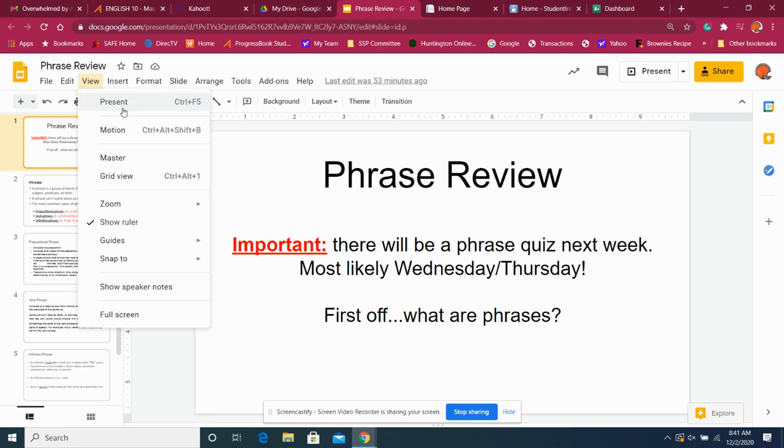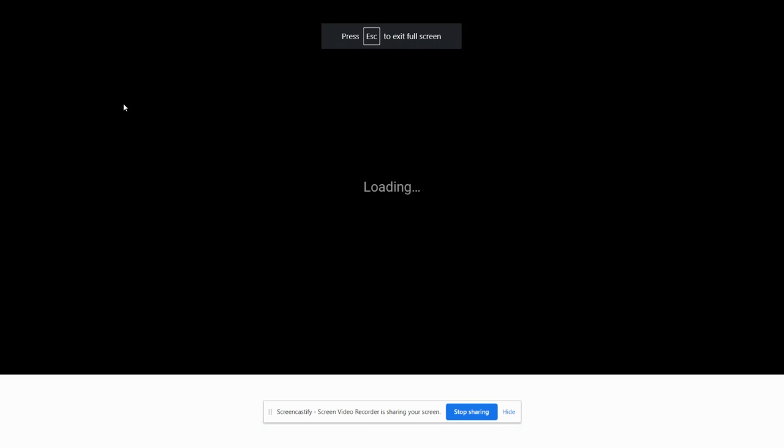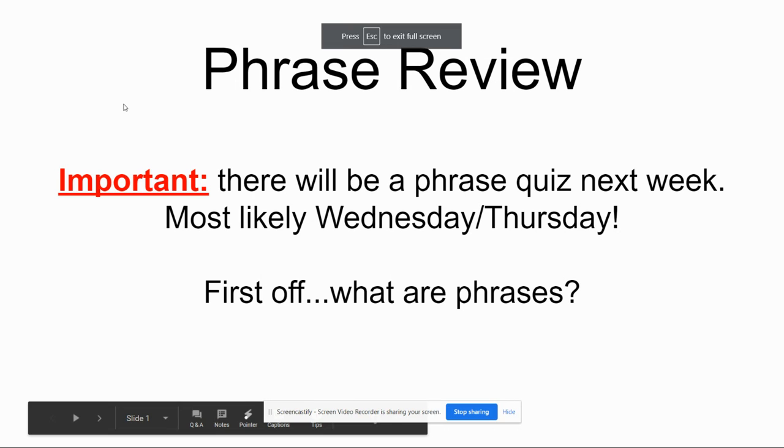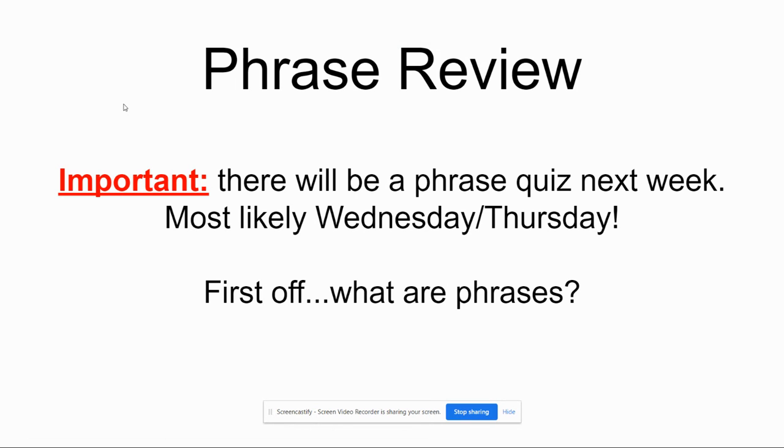All right. So real quick, I just want to go over phrases. We're going to review this again over the next few classes as we go through. But probably next week, a couple class periods away, next Wednesday or Thursday. Can everybody see they have these open, and I do not have the key to change them?